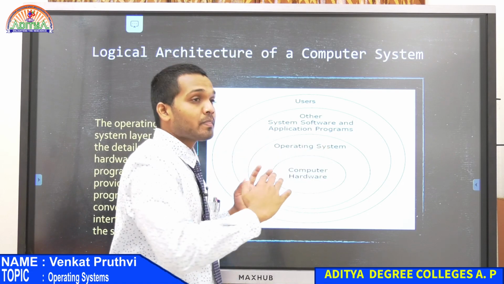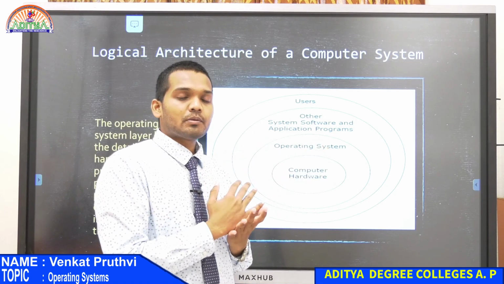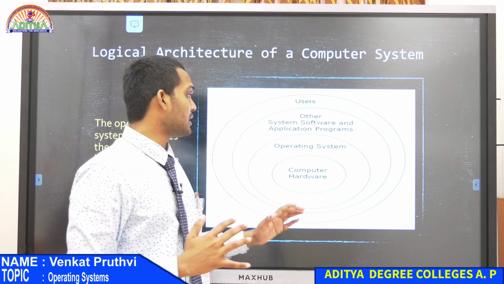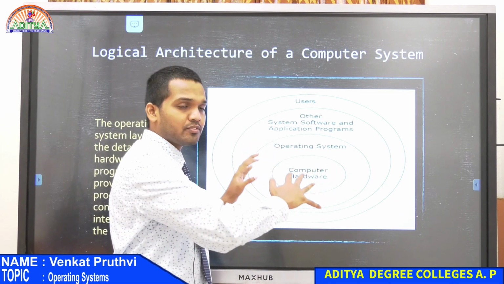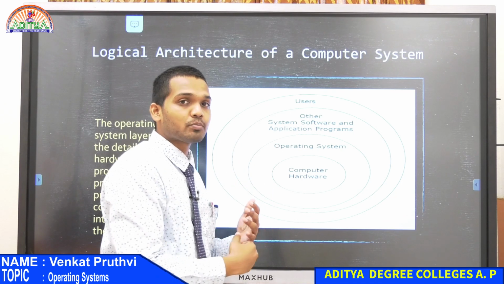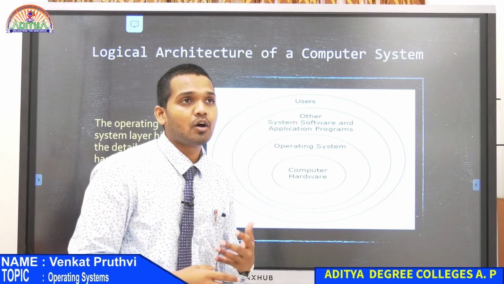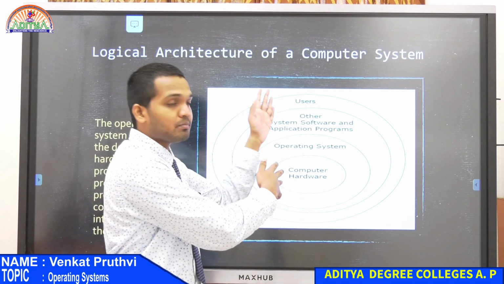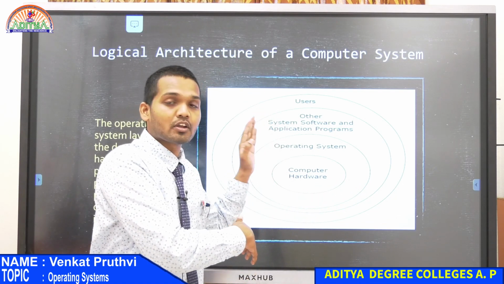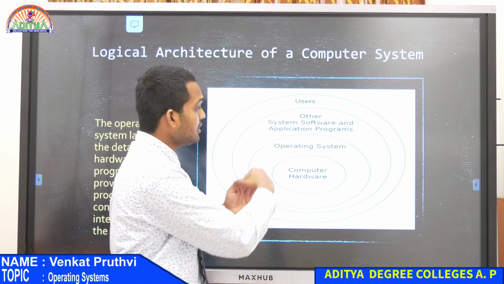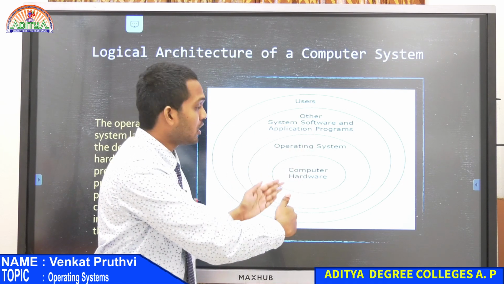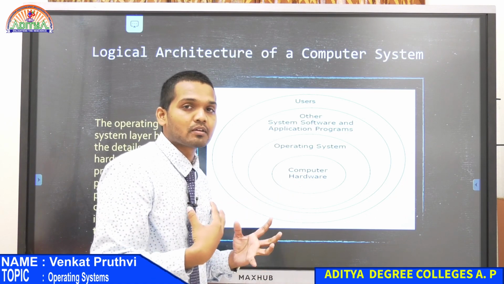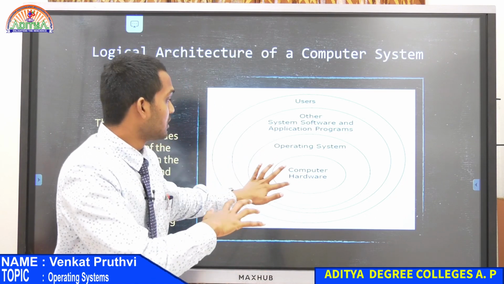That is why the most important part of an operating system is managing the process, that is process management. If the operating system knows very well how to manage the process, how to process multiple tasks at a time, how to efficiently complete the task given by the user through the system software or application programs, then it will be able to talk with the computer hardware, manage things efficiently and give the output back.